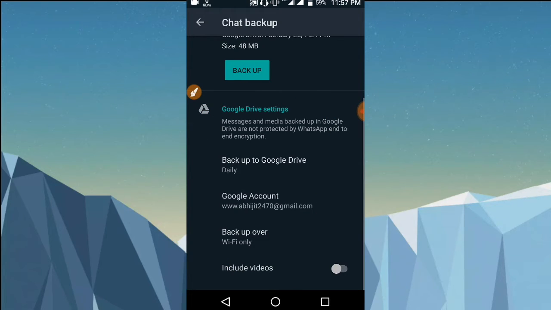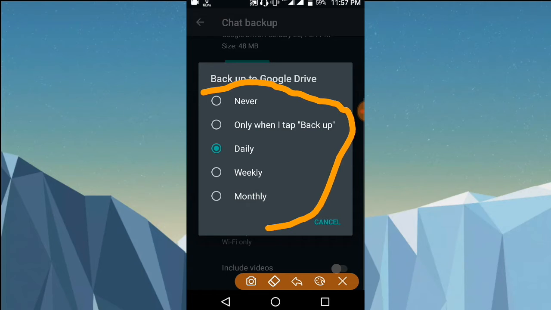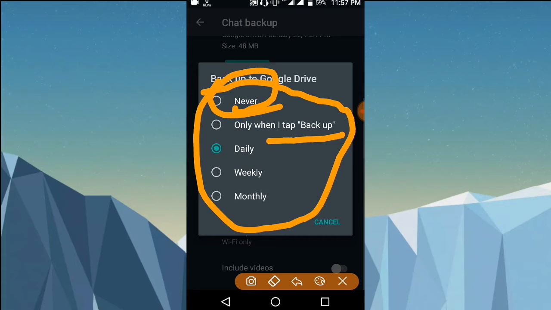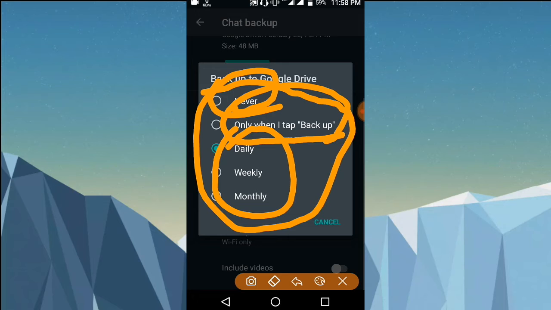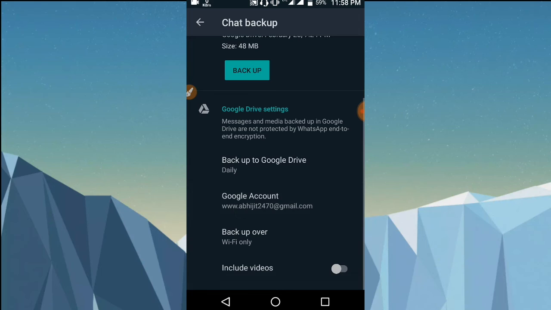When you click on Back up to Google Drive, there are so many options. If you don't want to save your data in Google Drive, then just click on Never. Or if you click on Only when I tap backup, then only you will be able to save your data to Google Drive. So there's daily, weekly, monthly, so many options. I recommend selecting the daily option because you don't have to do anything. You just have to click on daily and it will be automatically backed up to your Google account